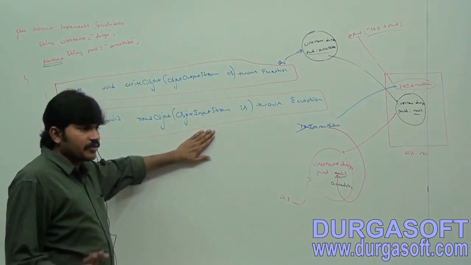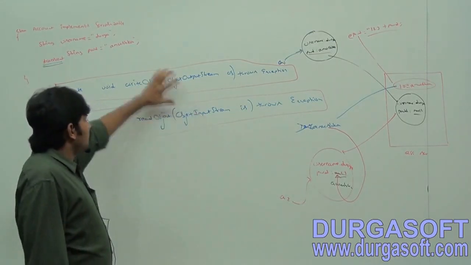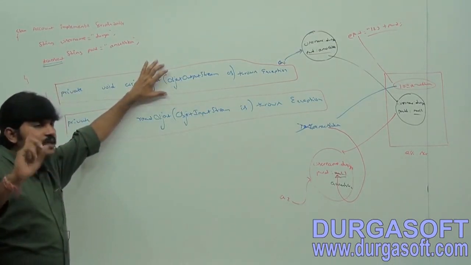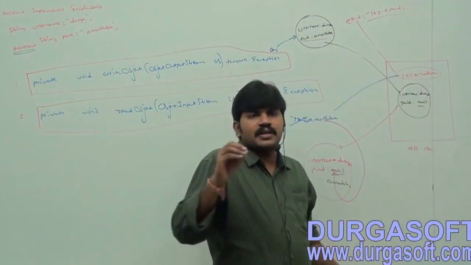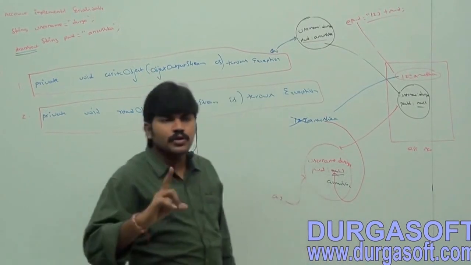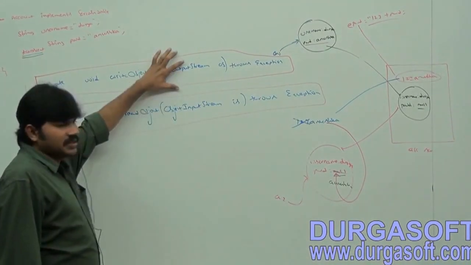That's all. Are you getting that? Okay. Now, the first method will be executed automatically at the time of serialization. That's why at the time of serialization, if we want to perform any activity, we have to define it in this method.